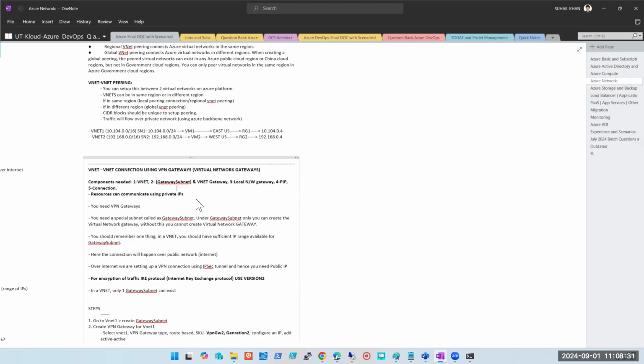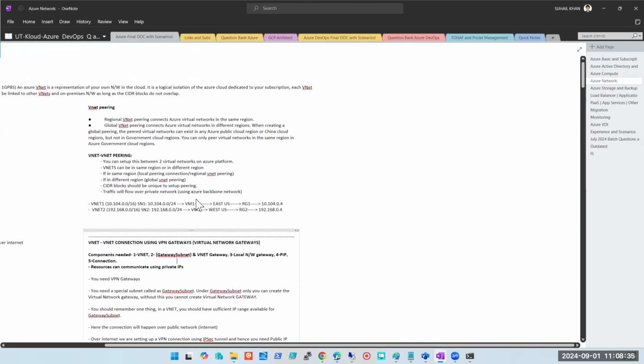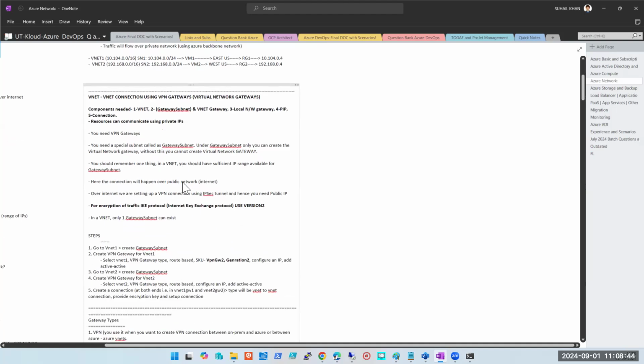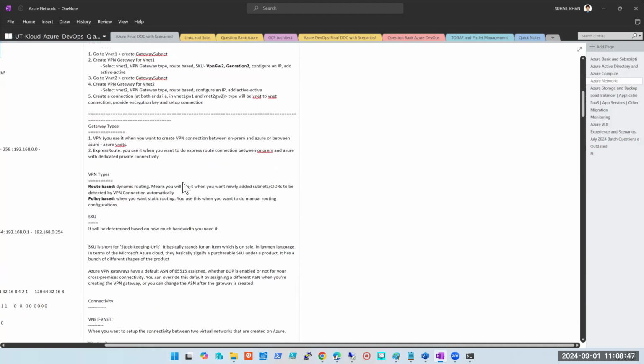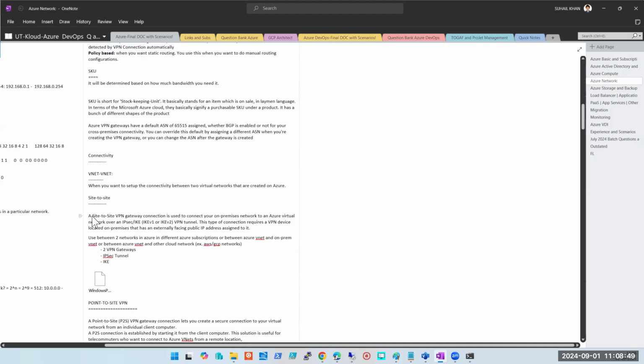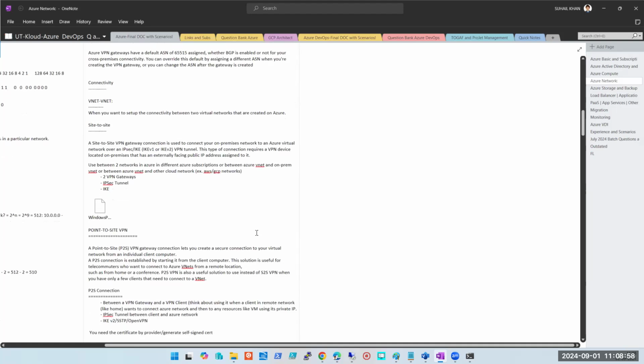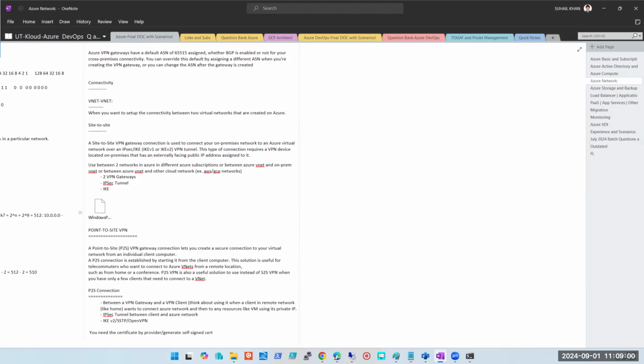Right, so we have done VPN thoroughly. But whatever we have been doing, guys, be it VNet, be it VPN, Azure to Azure, Azure to on-prem, Azure to GCP, etc. These all are site-to-site VPN. What is site-to-site VPN? Or site-to-site connectivity, I would say. Even if it is VNet peering, that is site-to-site connectivity. If it is VPN, it is site-to-site VPN. But what do you mean by site to site?